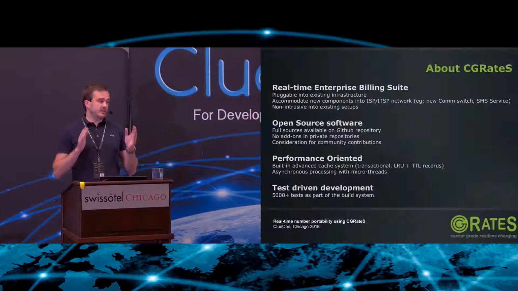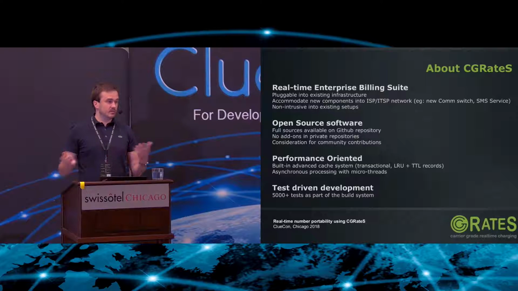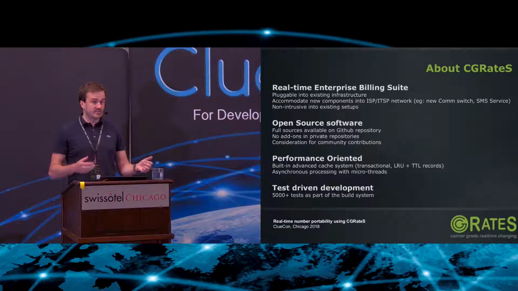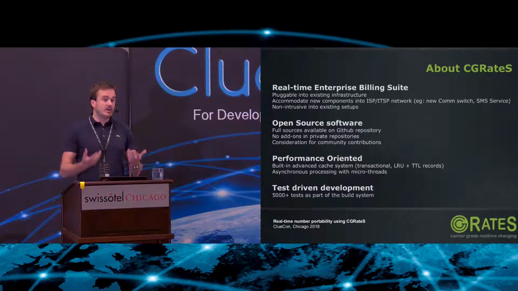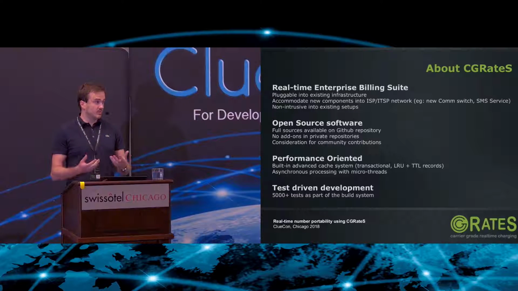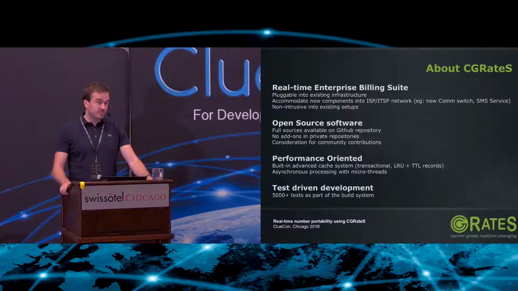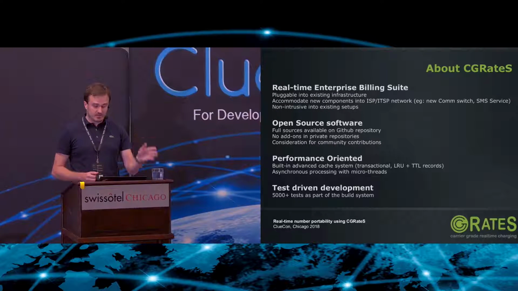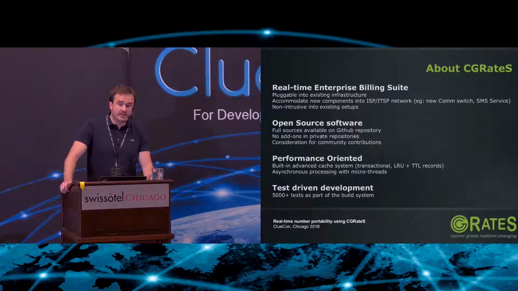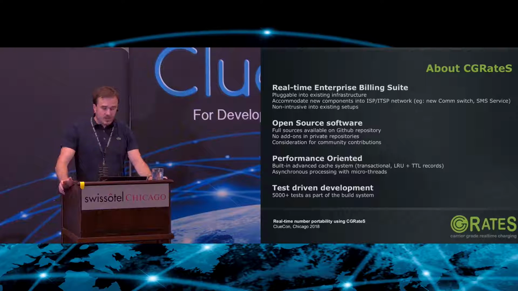You can define a limited number of objects in memory, and as soon as the limit is reached, we start replacing objects with new ones, and we do that based on usage. So the used records will always stay in cache. We also support TTL, time to live, for the objects, so you can say, I want my data to stay in memory for a maximum of 1 day, and stuff like that.